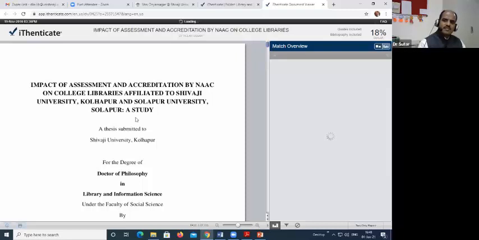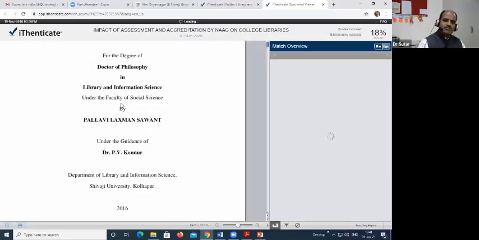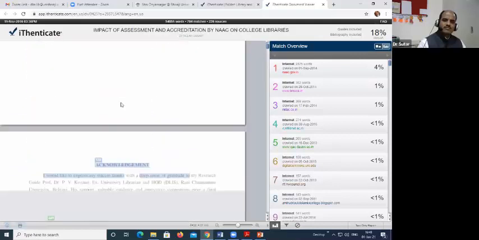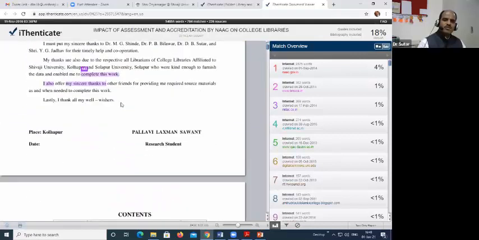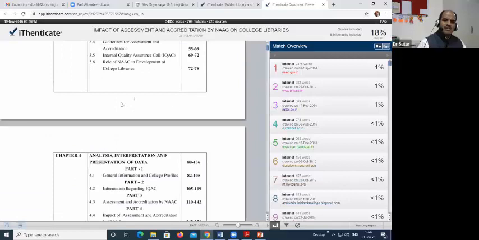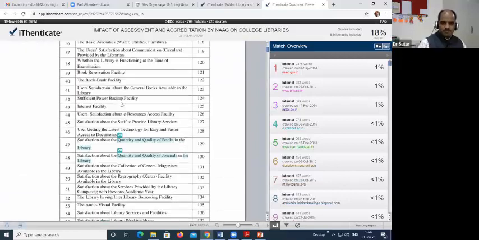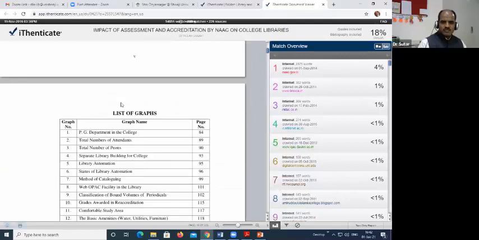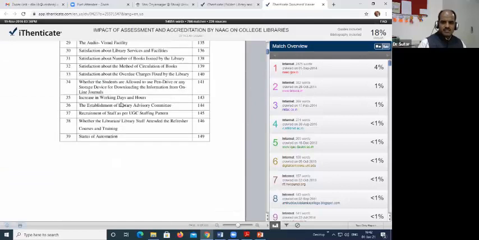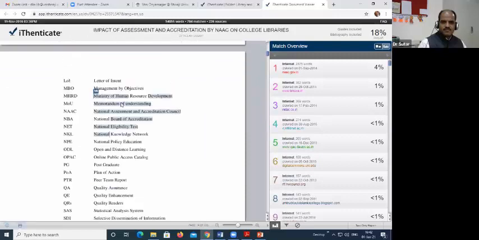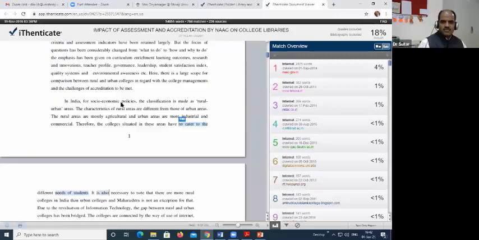See, this is the report. Whatever colored text that you find, according to that software, this is the similarity. See, these are the initial pages.